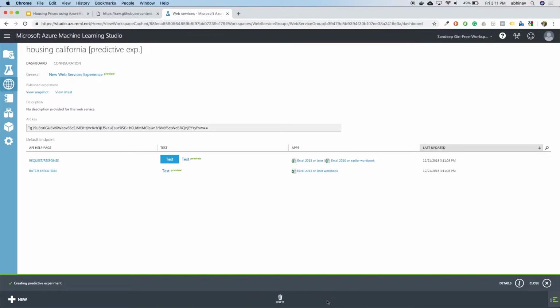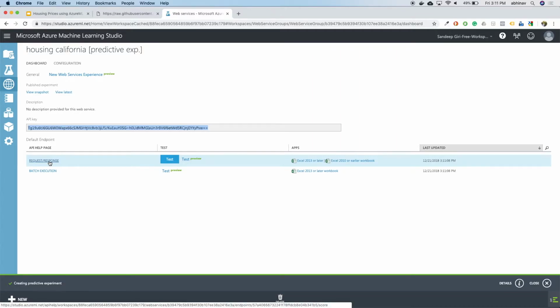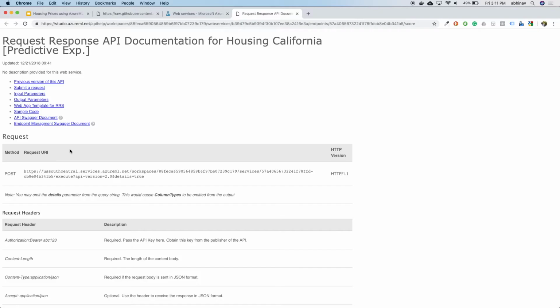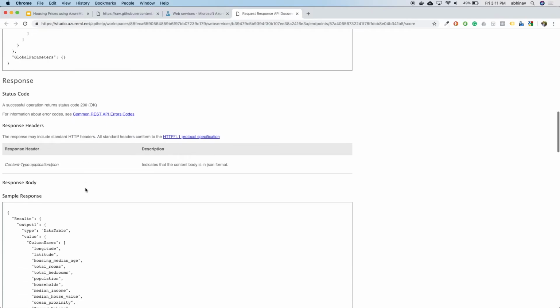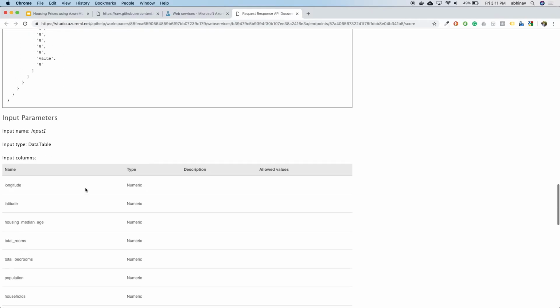Here, you can see your API key and API help page. Open API help page. Here is the HTTP post URL, and below are the sample codes in C#, Python, and R, using which you can